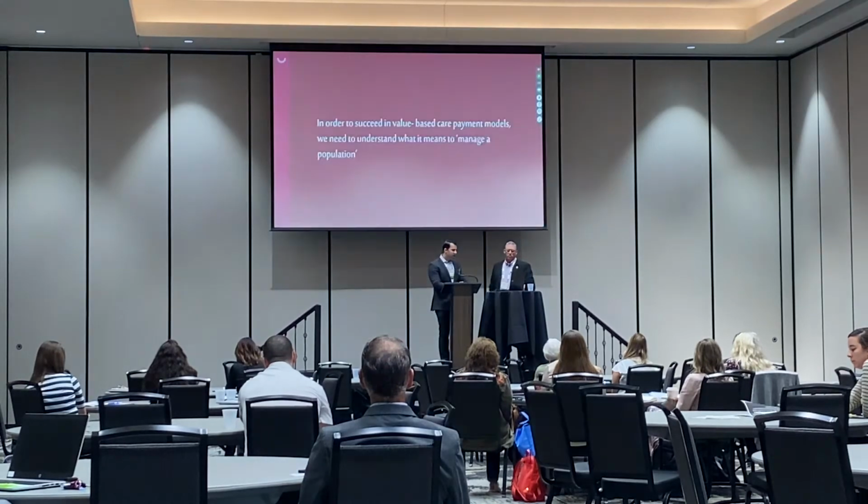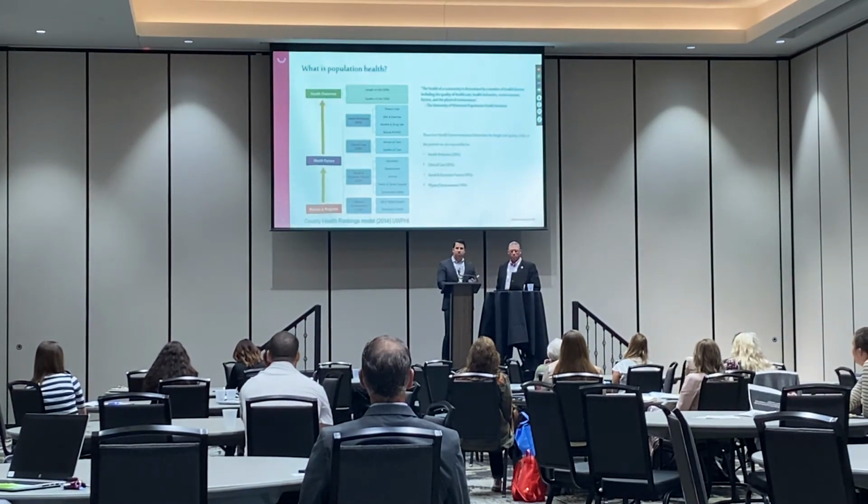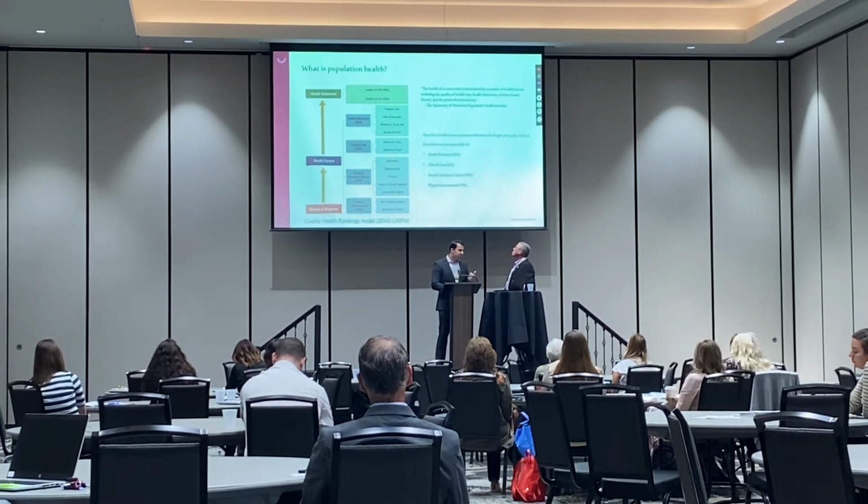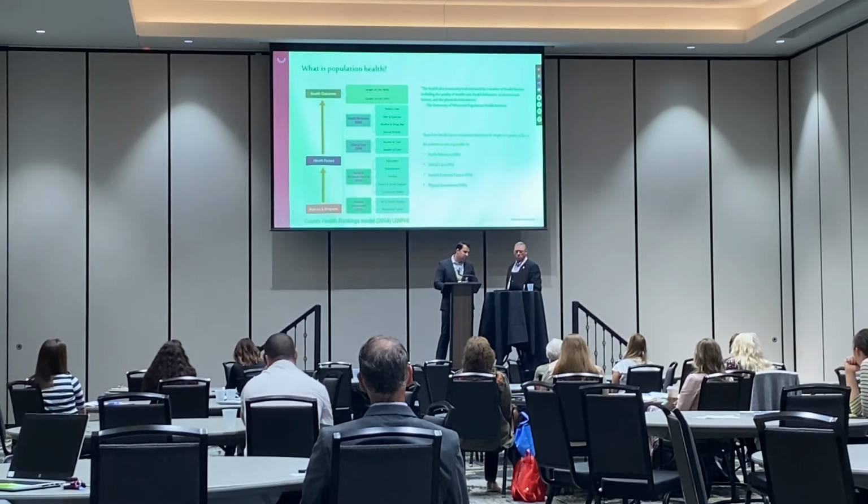And I know with the time we have, since Brad hit a lot of these points already, I'll skim over these. If you think about the definition of population health, this is really what we talked about earlier about managing a population. There are really 2 health outcomes: either length of life or quality of life. And this all comes from the county health rankings model, how counties are ranked for their health. They've summed it up into 4 different health factors: health behaviors being 30%, clinical care being 20%, socioeconomic factors 40%, physical environment 10%.